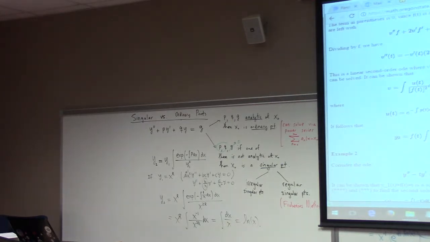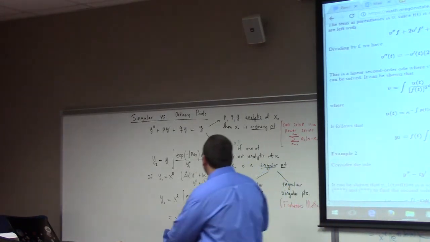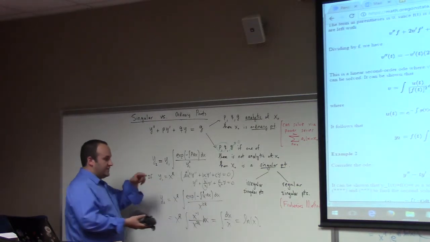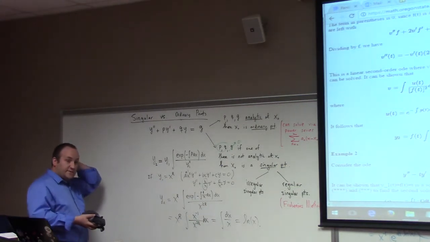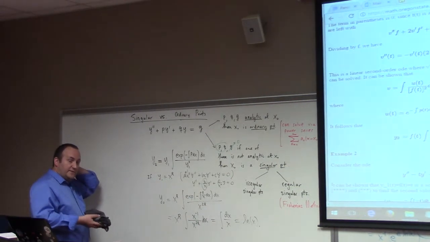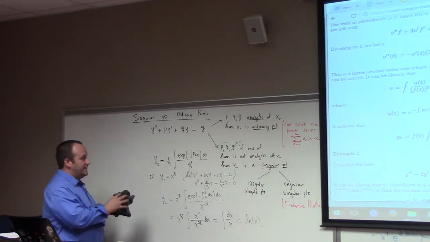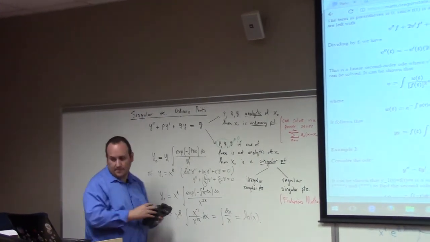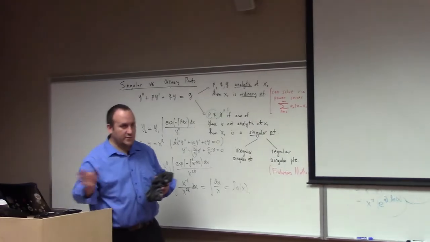All right, so let's get back to the discussion I raised at the start, which was there are singular points. Some of them are irregular, some of them are regular. What's a regular singular point then? I'll put this away for just a bit. We'll get back to it, but